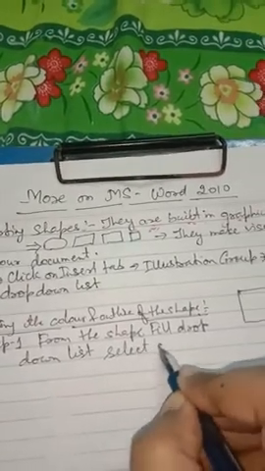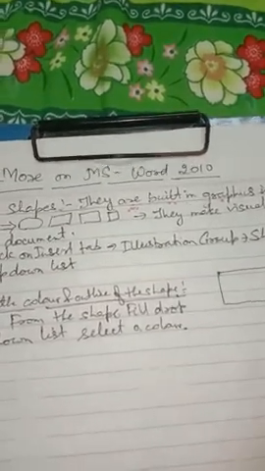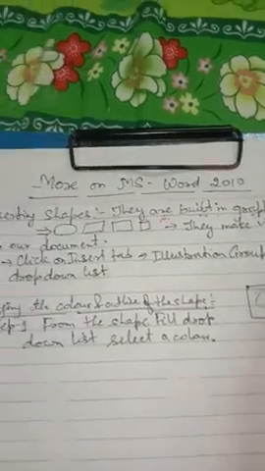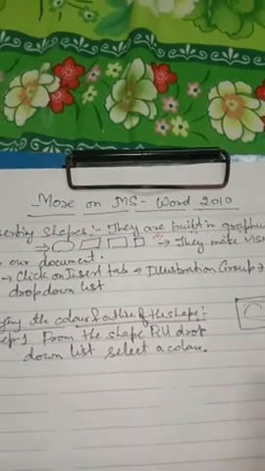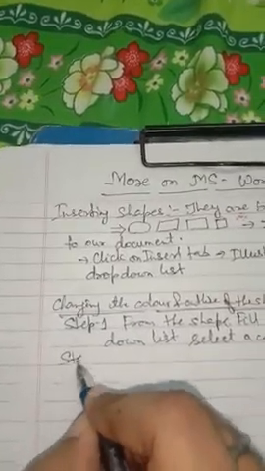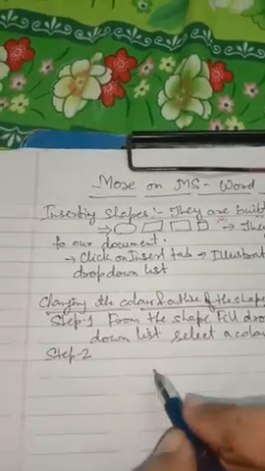We have to select a color, and that color will be filled inside this box. Now to change the outline color, meaning the color of the border of this shape, what do we have to do? The second step that we have to perform to change the outline color is to choose